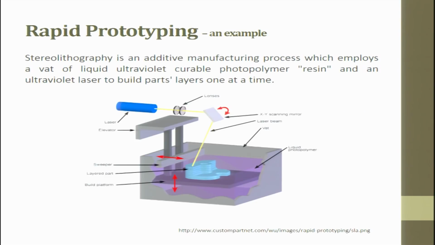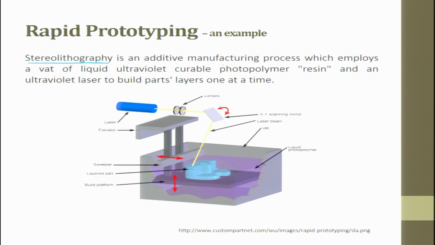So, we are just taking an example of a process which is very popular in rapid prototyping, called stereolithography. Initially, it was very popular, then slowly because its cost per part is so expensive, this technology was overtaken by many other technologies. But today once again stereolithography has come into action when you want to make miniaturized and very small parts.